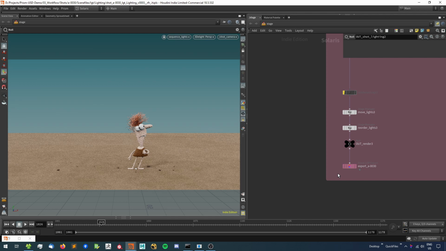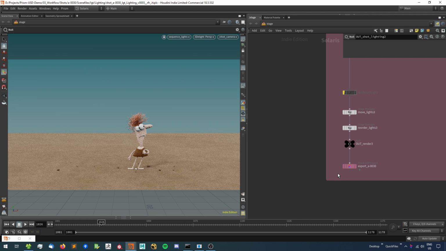This has the advantage that we are not depending on Houdini anymore for rendering. Instead we could also use other tools which can render USD files. By exporting our lights, we also make them available for other departments. So for example, when Effects creates a new version for the simulation, they can see how it looks with our